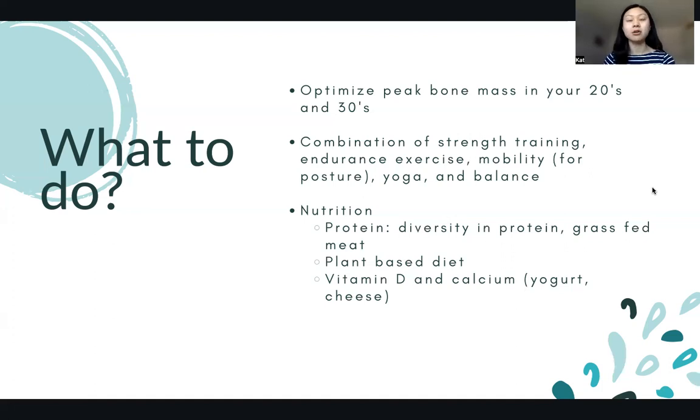It's really important to have a combination of strength training, endurance exercise, mobility, like yoga, for example, and balance, because doing balance exercises like standing on one leg loads your bones way more than just standing with both legs on the ground. So it's really important to get a combination of these things,